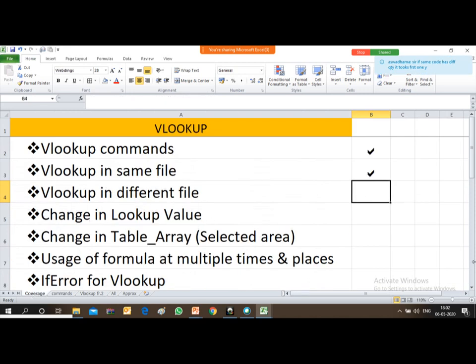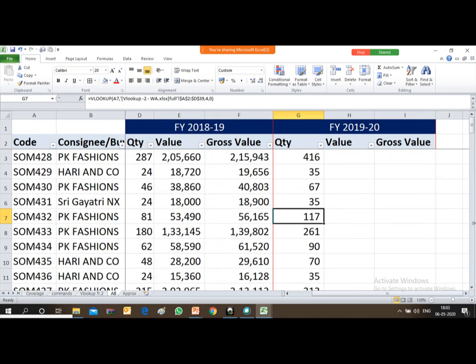So friends, I have used VLOOKUP from a different sheet. Now, change in VLOOKUP value. So let's see the change in VLOOKUP value. I'll go to this file again.